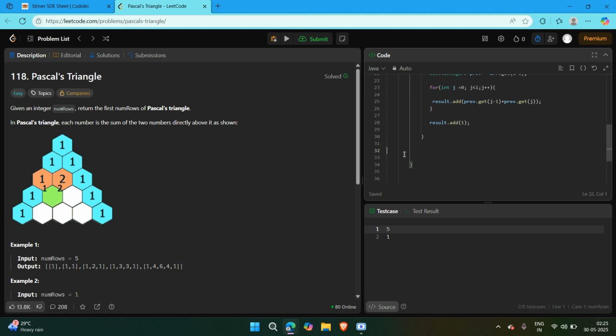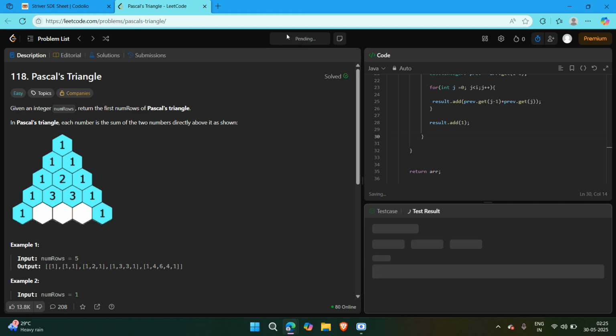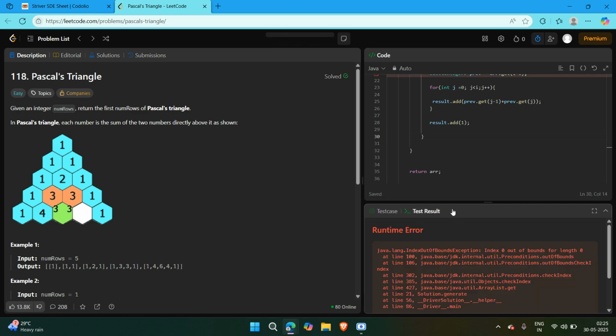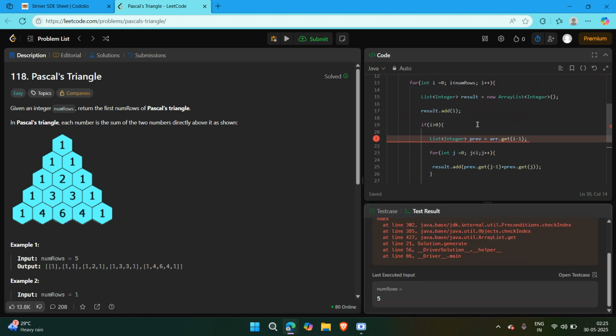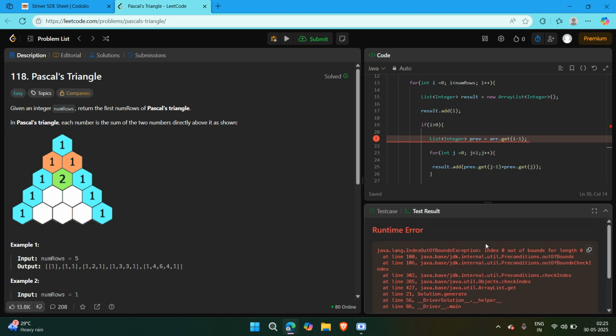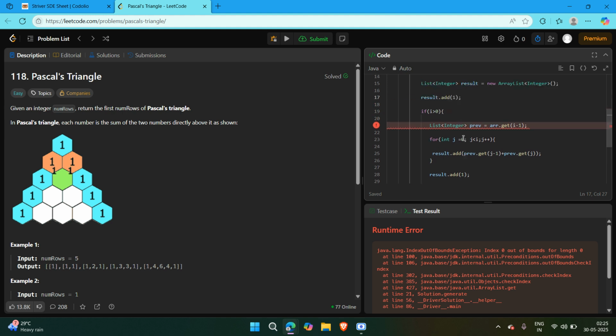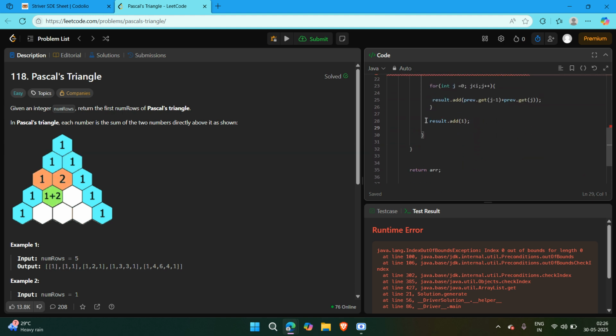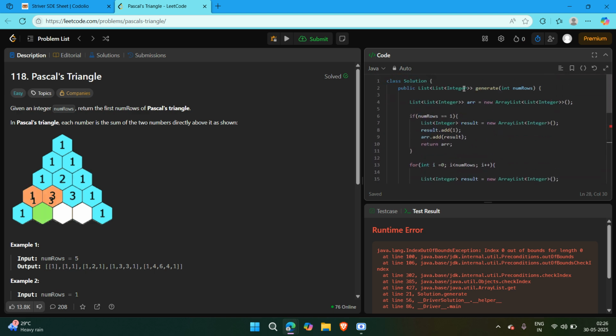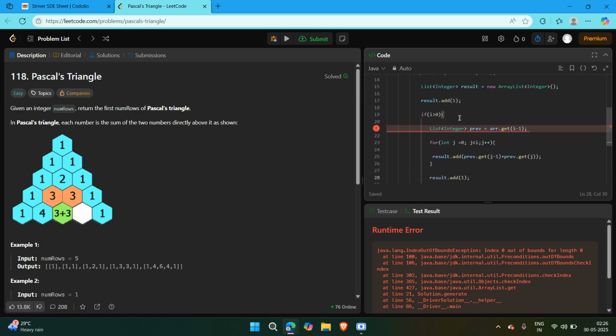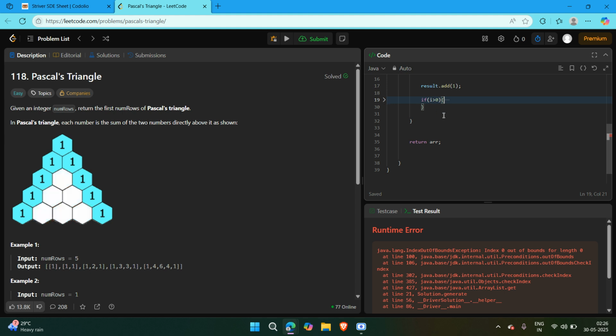Let us give it a try. Let me give it a try. First, yes, in the test result. Error. We are getting an error. Index 0 is out of bound for length 0. So I think we forgot to do one thing. Yeah, we are adding everything to result, but we forgot to add a thing to array, right? So at the very end, I mean, end of the if statement, we have to do array dot add result. Okay,